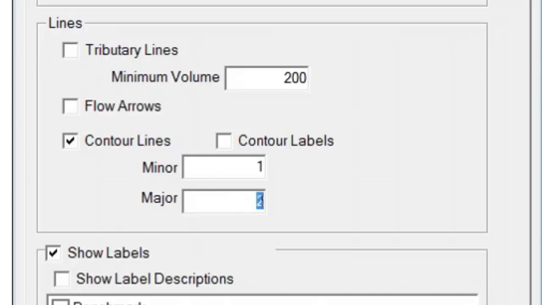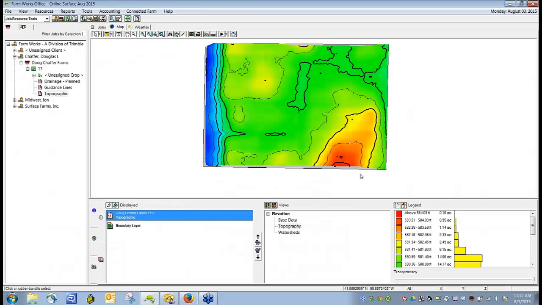So for example, you could not use a 3 foot on a major and a 2 foot on a minor. The program wouldn't be able to divide that out evenly and make that work. But in our instance here, a 2 and a 1 will work just fine. It's going to put a dark line every 2 foot elevation change and a lighter colored line every 1 foot